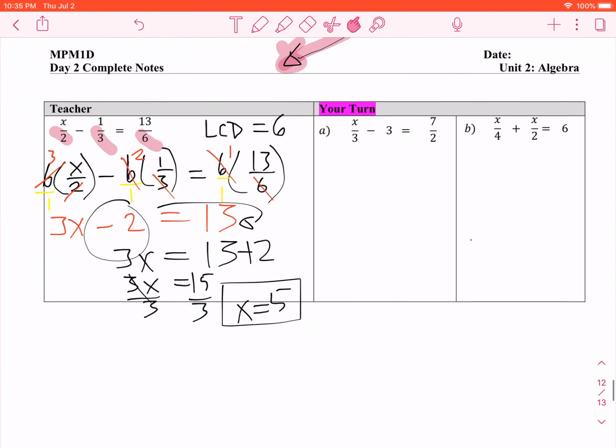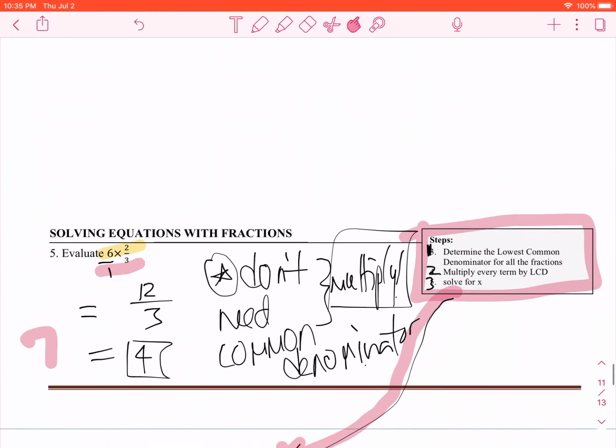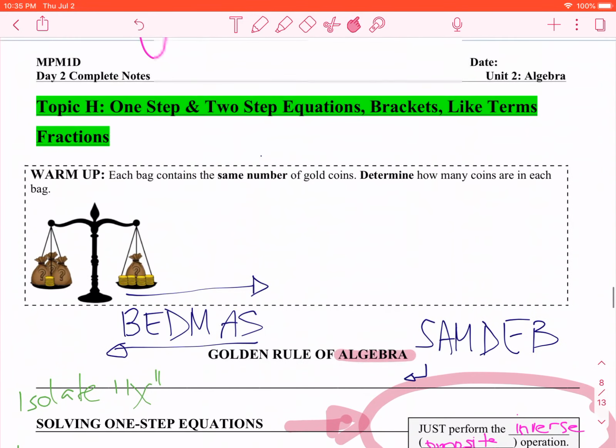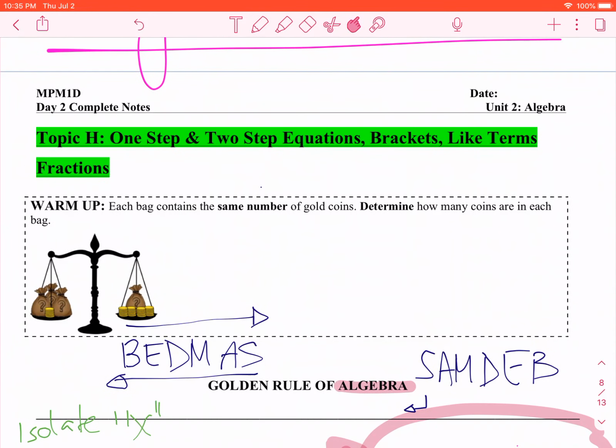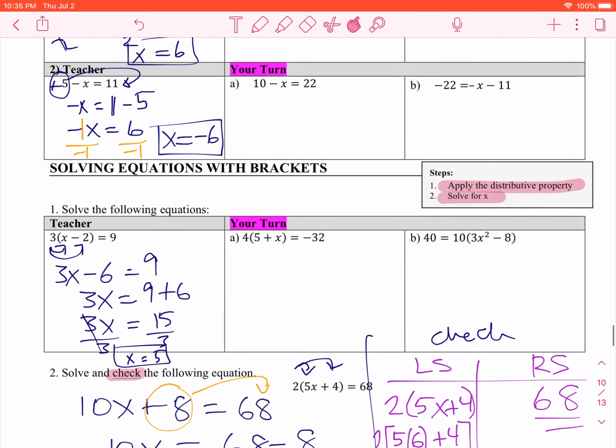Okay, these are going to be the trickiest ones in your example A and B, but again, it's very good to try, and let me know if you have any questions, okay? So that pretty much wraps up the section H, which is one-step, two-step equations, brackets, like terms and fractions. Please let me know if you have any questions in relation